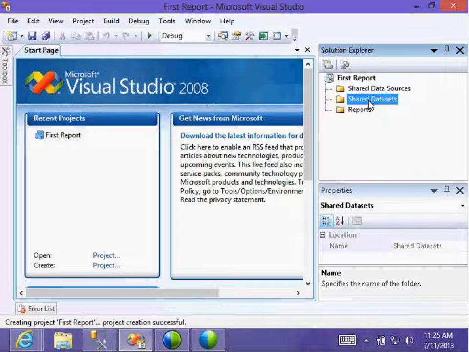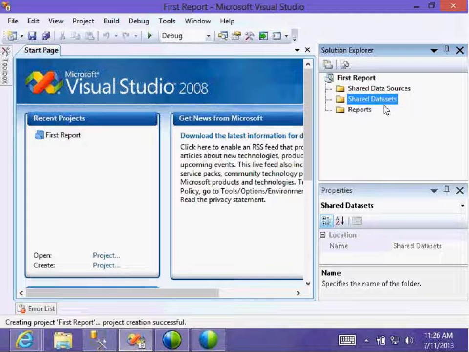Now, we are on data set. What is a data set? A data source means we are going to connect to the database from where we are going to bring the data. What is a data set? We do not develop the report from the entire database information, only the required data to represent on the report.